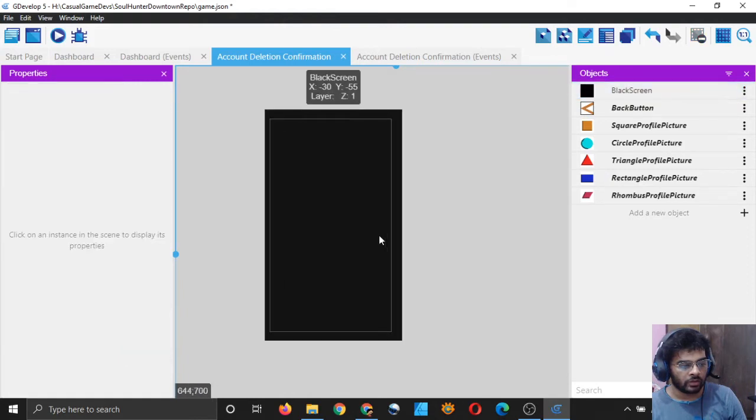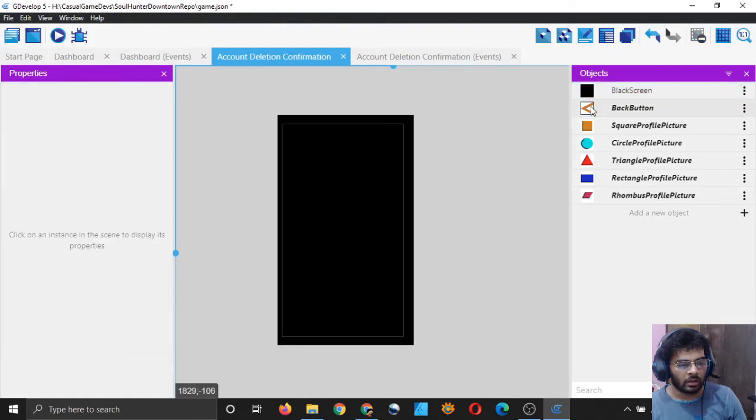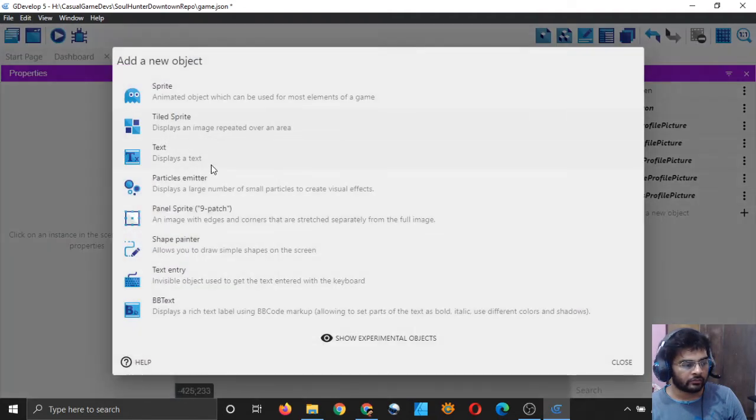So that's good. And now I can have a back button also in this one. There is no problem with that. And I need text.